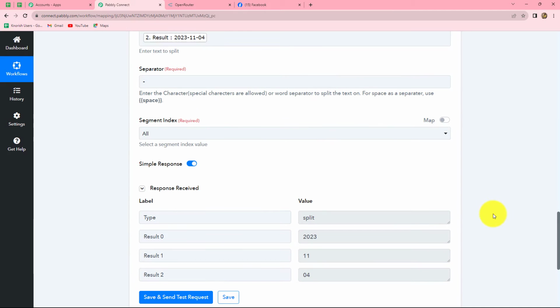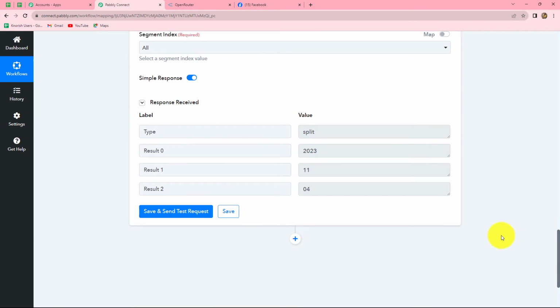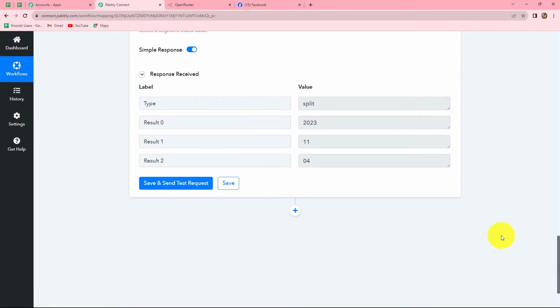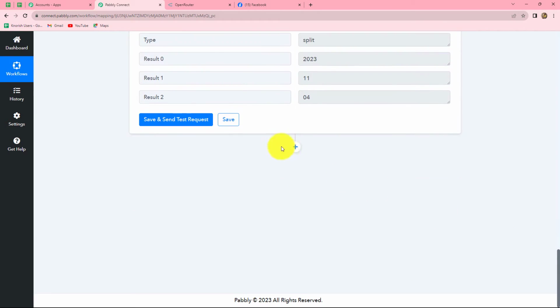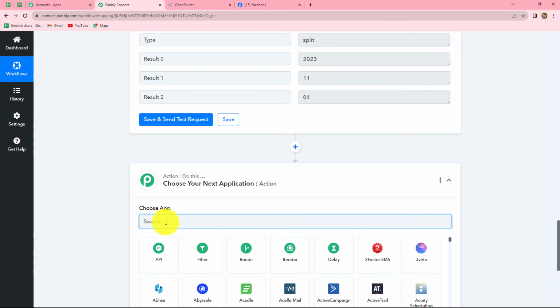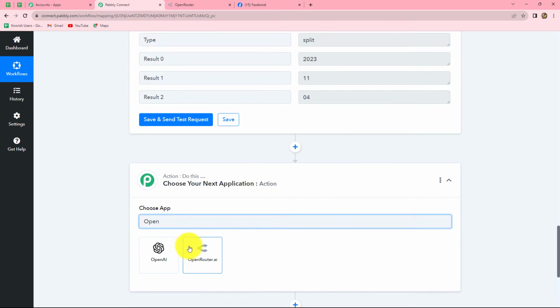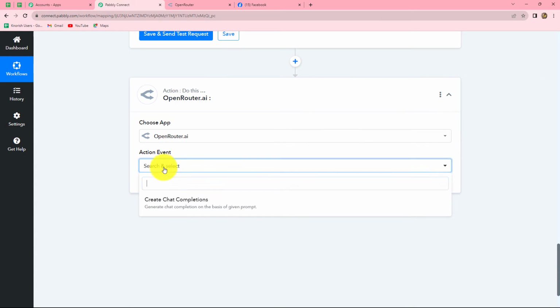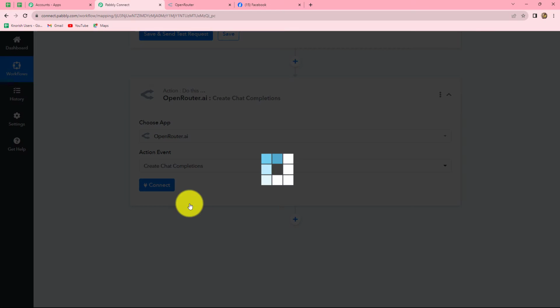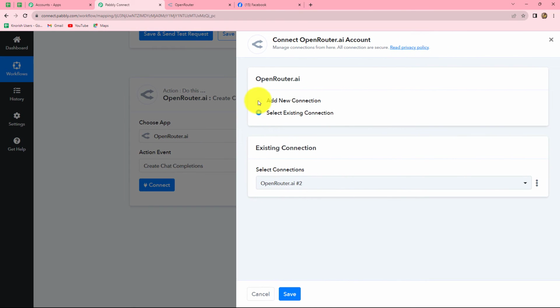Okay, now after scheduling, generating the current date and splitting them into date and month, we are going to finally move towards our next step, that is generating the content for our post. And for that we are going to use OpenRouter. So let us select OpenRouter as our action application, and now we will select our action event, which will be create chat completions. Click on connect, and here from the given options I am going to select add new connection